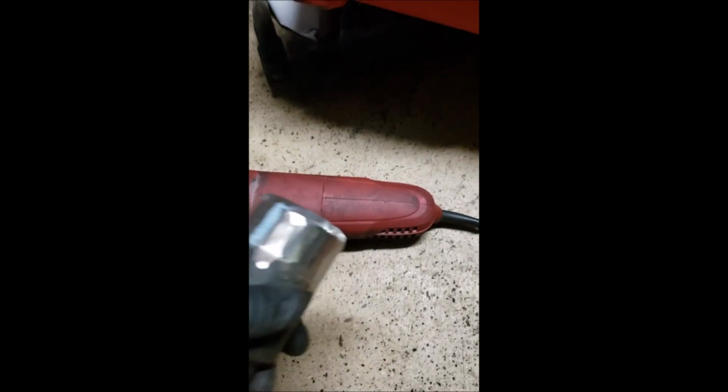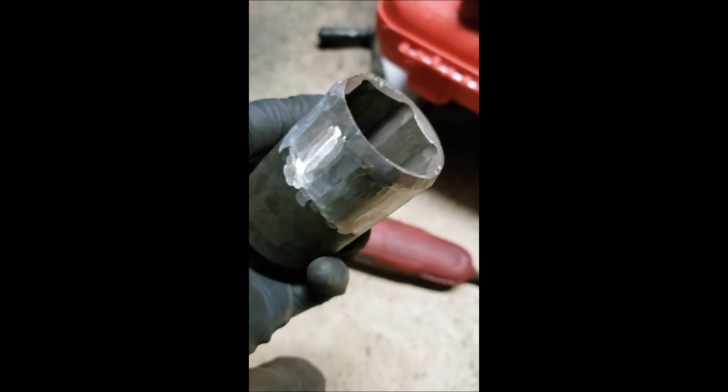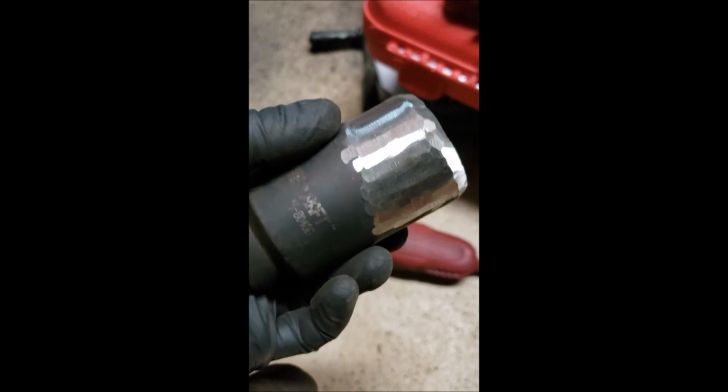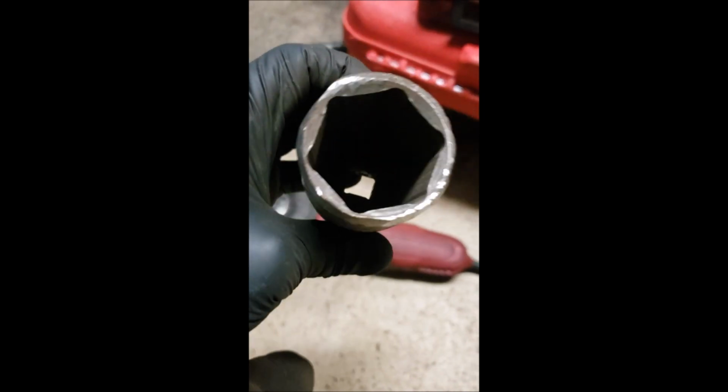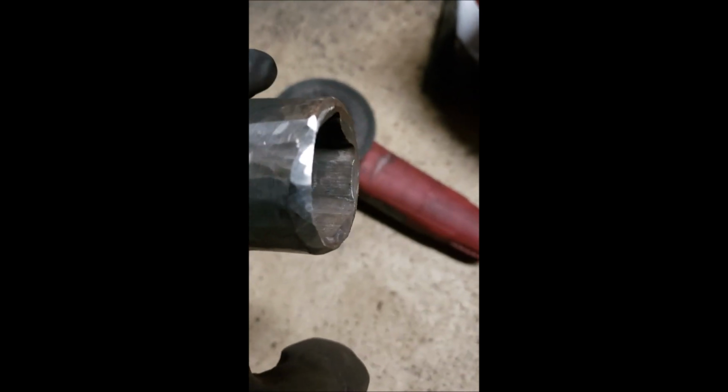So, gotta love a Fiat. Can't even get past the first step. It turns out my 35mm axle nut socket here is just a little bit too thick to fit into that little slot there. So what I'm going to do is take my grinding wheel and shave off a little bit, and hopefully that'll give me enough clearance to get these axle nuts out. Let's continue on. As you can see here, I chewed up this perfectly good socket to make it better for our application. So now,